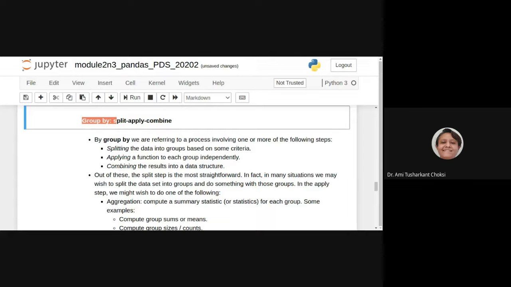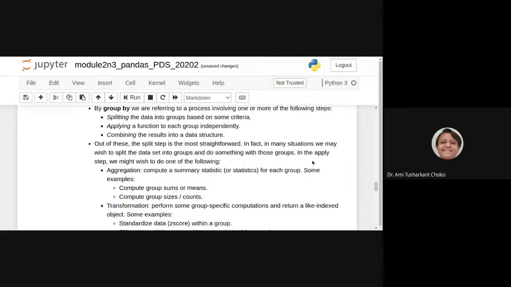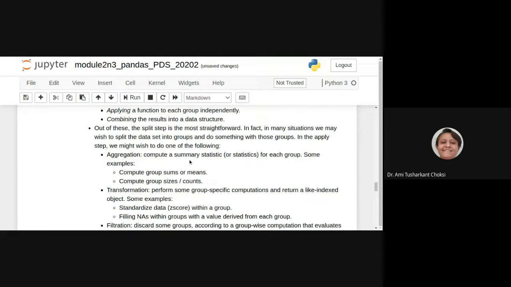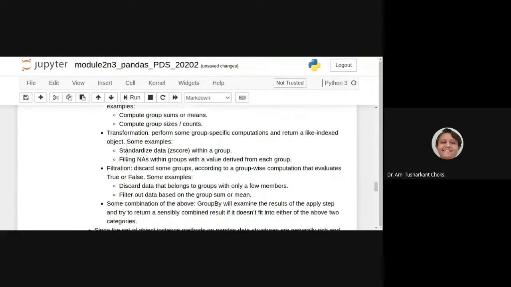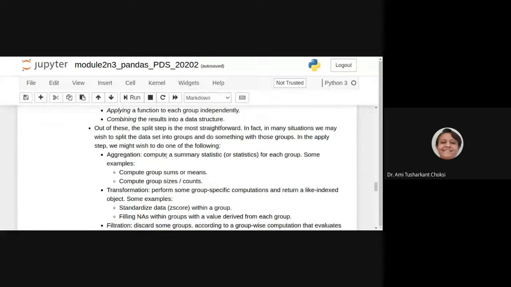Out of this, the splitting step is the most straightforward. In fact, in many situations, we may wish to split the data set into groups and do something with those groups. In the apply step, we might wish to do one of the following: aggregation, transformation, or filtration. So what are they?